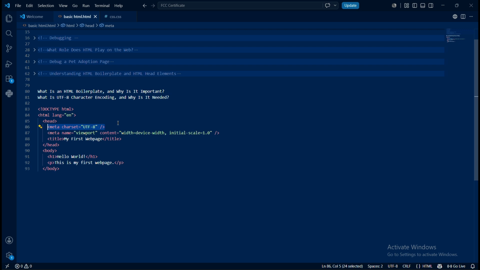How do I put this in layman's terms? I want to break it down to the lowest possible way that I can make you all understand. Okay, so this UTF, I will say it makes sure that any character you type shows up as it is